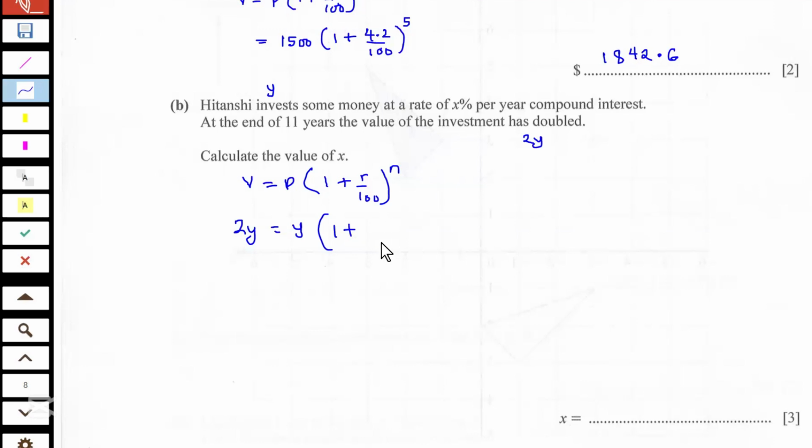The rate is given as X%, so we can write X over 100, to the power of 11. Now, we can start by canceling out the Y on both sides. Divide both sides by Y to cancel out this Y. This Y also is canceled. Then we have 2 equal to